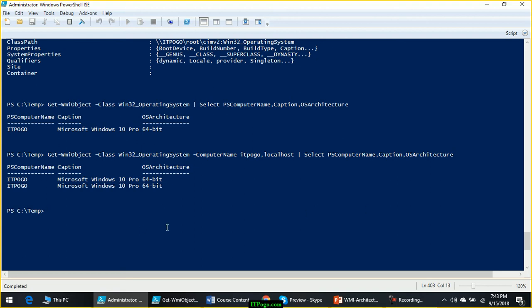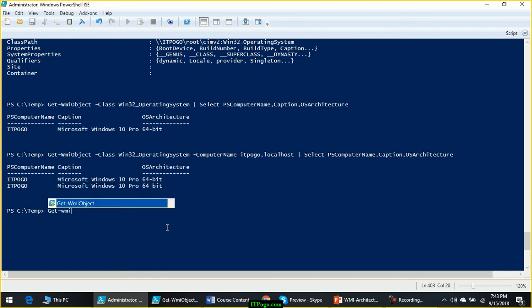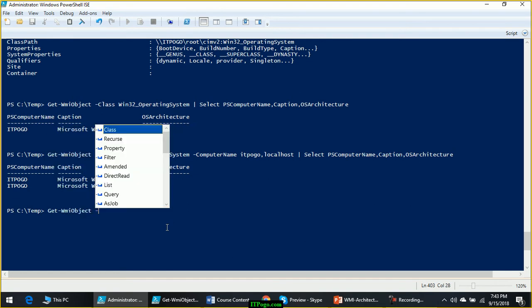Okay, let's see a few more examples. How to get the drive space details from a local or multiple remote computers. First we will see how to get it for the local computer, and you know how to do it for multiple remote computers. Get-WmiObject hyphen class.